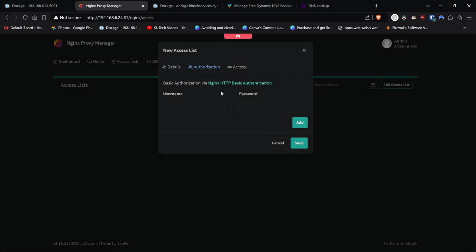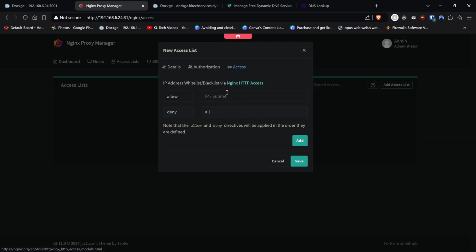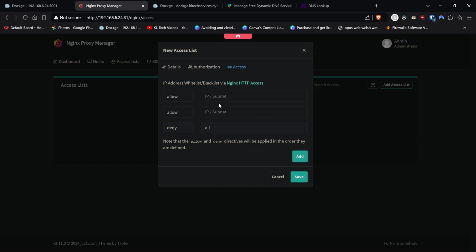you can put a username and password behind this as well if you really want to. That's another way of locking this down. But right now we're just going to go over to access. By default, it denies all, but we are going to put in our subnets and IP ranges. So if we do 192.168.60.24, like we did earlier on for the SSH. And if we also put in our WireGuard IP,